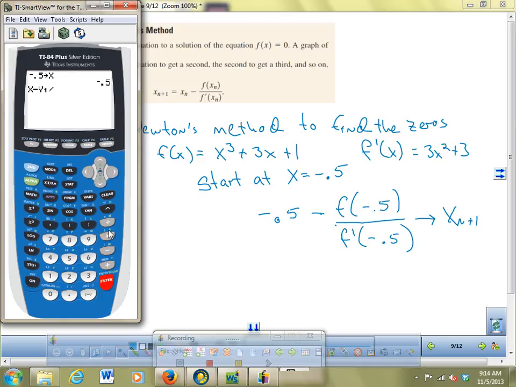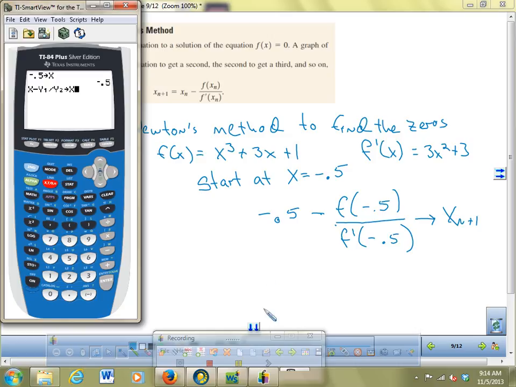So I'm just using this formula right here: x minus f of x over f prime of x. And I'm going to store that now as x. What that's doing is taking my original x value, plugging it into the function